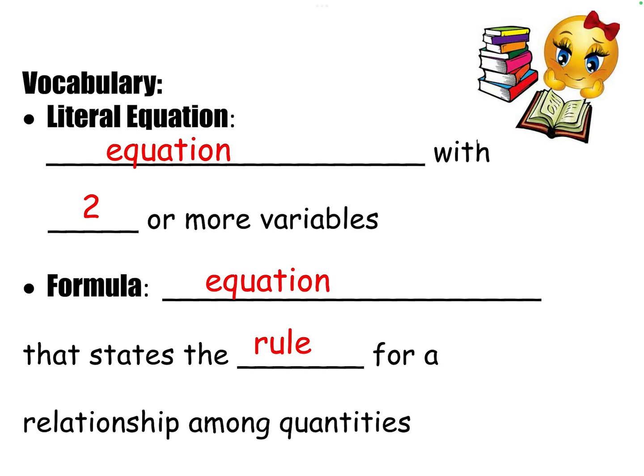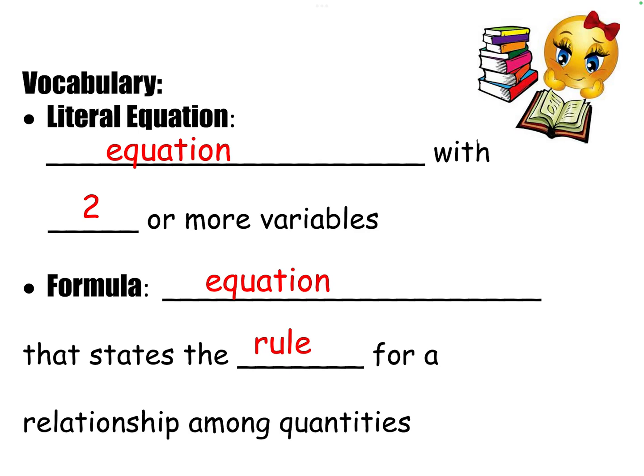These are equations that give a very specific rule for the relationship between two quantities. So like distance equals rate times time. That is an example of a formula that's also a literal equation, but each letter, the D, the R, the T, they all represent the relationship between how distance relates to your rate or speed and the amount of time that you're there. Or something else like